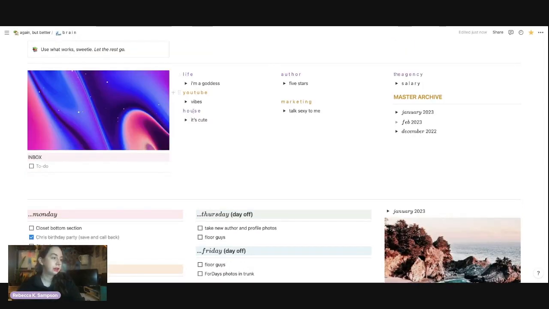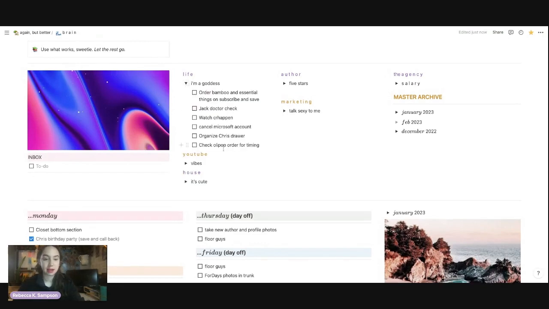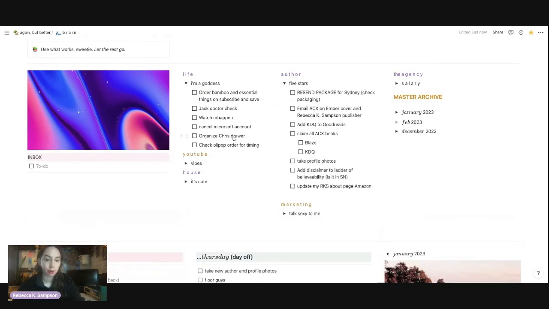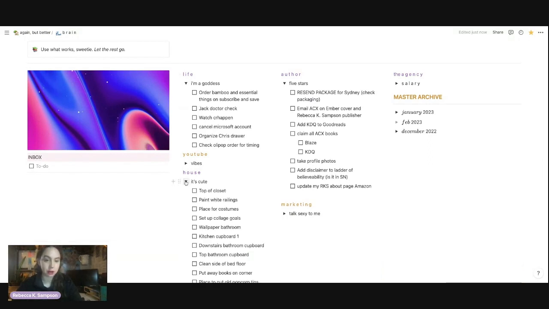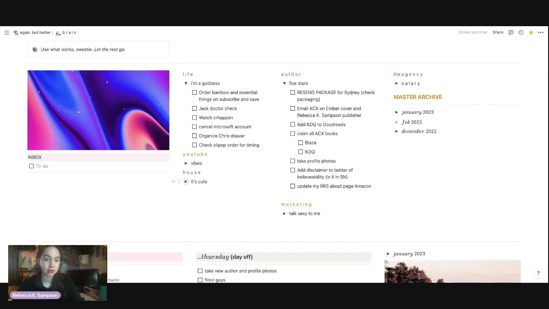So I have here different categories of things that I need to do. Life, and I have them closed with toggles with usually affirmations or things that I remember. So life, I'm a goddess. If I undo that, I just have things that I need to do for life reasons. Usually I'll have 2 sections open at once. So I often have my author section open because that's kind of my main focus most of the time. And then usually life or house because I'm working on some house remodeling stuff. So if I'm overwhelmed and I'm like, today I'm not doing anything for the house, I close that and I don't have to look at it. And that just makes me happy.